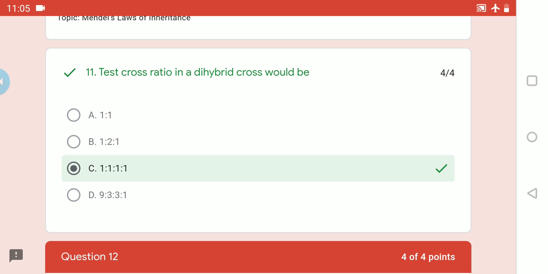In case of the dihybrid cross, whenever we conduct the test cross, the F1 will be capital R small r, capital Y small y. That is the F1 parent. It is crossed with the double recessive parent, small r small r, small y small y. Now the possible gametes of the double recessive are small r small y. But what about the F1? Capital R capital Y, capital R small y, small r capital Y, small r small y. So these are all the four possibilities.